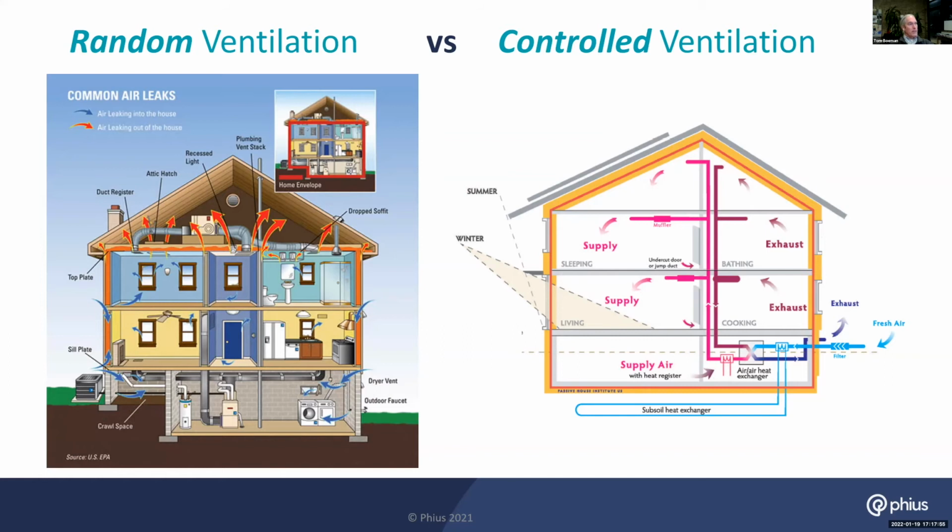We're going to look at what the difference is between kind of random ventilation and controlled ventilation. So if your house is anything like mine, it looks more like the one on the left. This is random ventilation. It's winter, our windows are closed, yet we still need to breathe, and yet we still get fresh air in a house. Mostly because it leaks out with these orange lines through the roof. The warm air rises, leaks out through the roof, and that draws in cool air, outside air, through the building envelope, through your dryer vent, through your range hood, and all these places you really don't want fresh air circulating